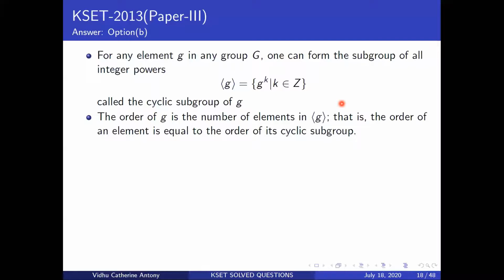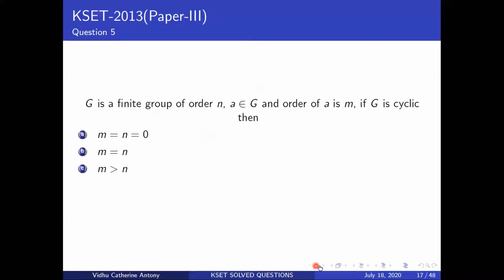Whenever the order of your generator is equal to the order of your cyclic group. So order of the group is basically the number of elements in the group. And this order of the generator is how many times this guy can repeat to give you different elements. So now let's go back and check this out. Here you have a finite group of order n. And what is A? A is basically your generator.